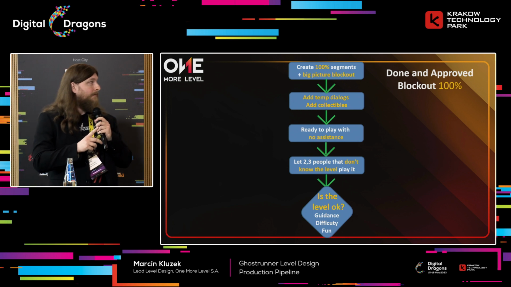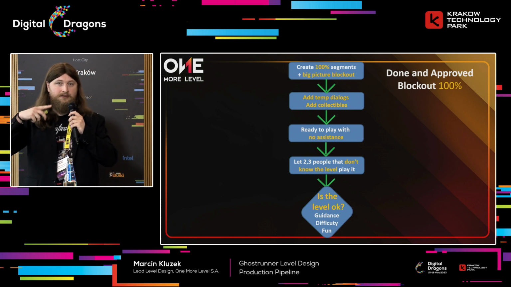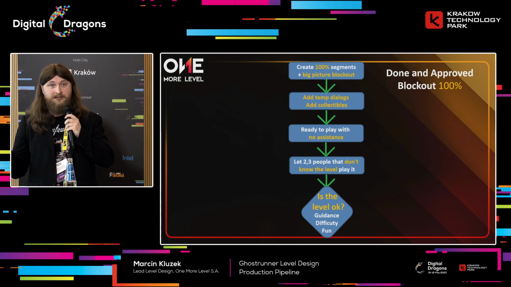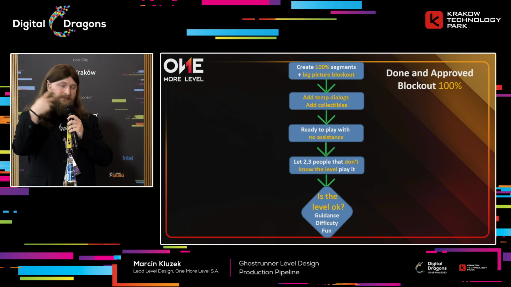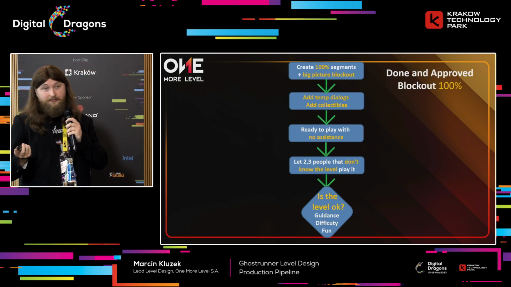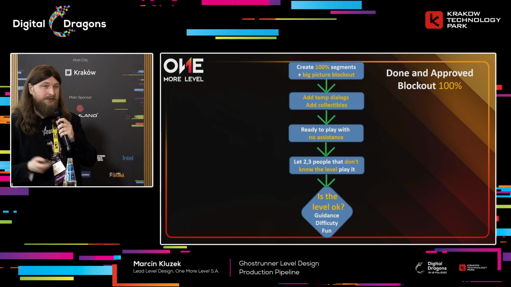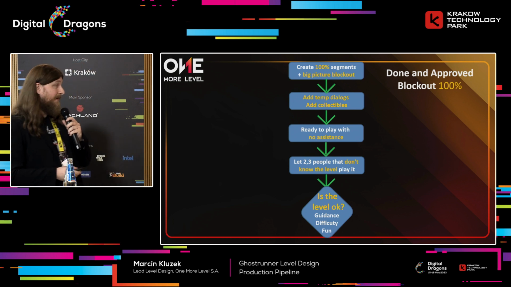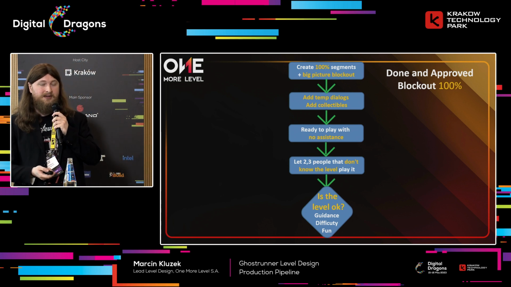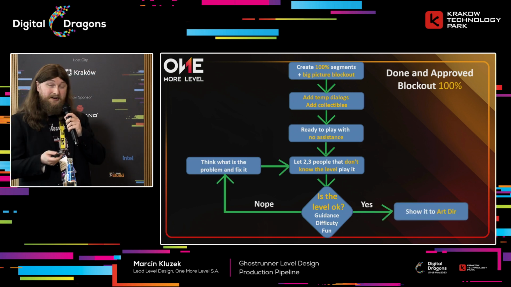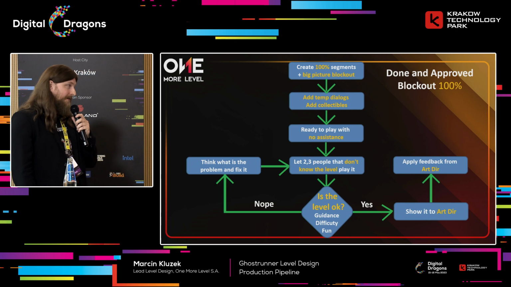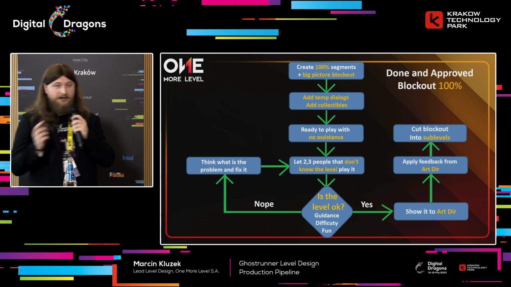And people that played the level in the initial blockout stage played only 4 segments, right? So now we have 100% of segments, and after X number of fixes, it is a new level for them. So they can play it too. It is a new level. They will forget it. They played it like 2 times. So it's like 2 weeks pass or 3 weeks pass or however long. We fix the problems, show it to the director again, get his feedback again,